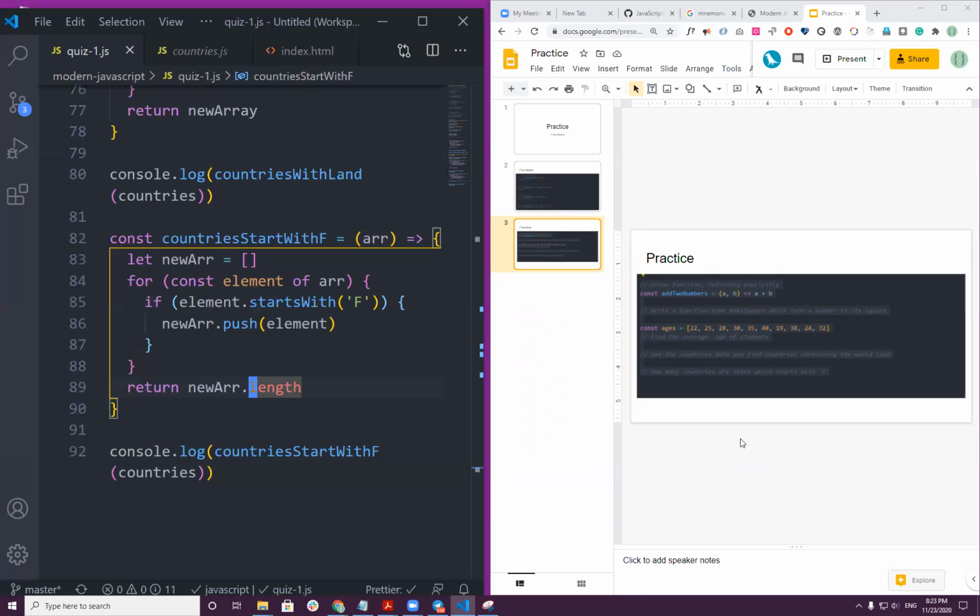Because now this function of ours is some kind of ridiculous function because it only looks for F. How about if I'm interested to know the number of countries that start with A or B or C? Did you understand the question?